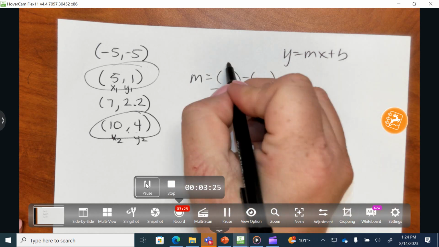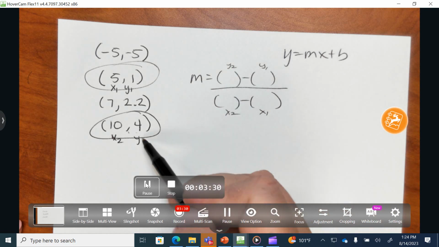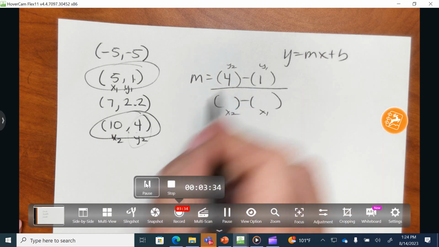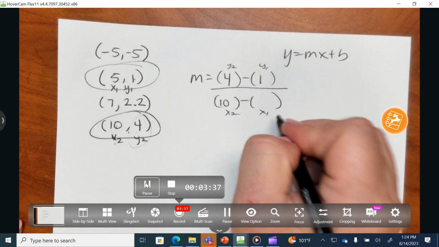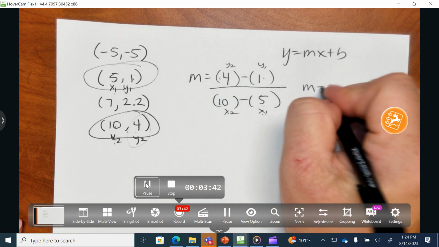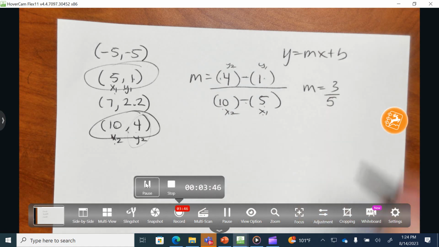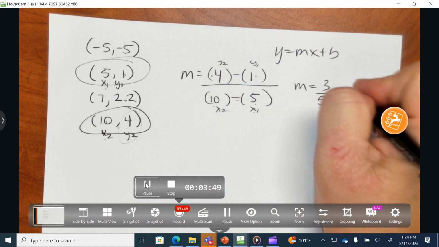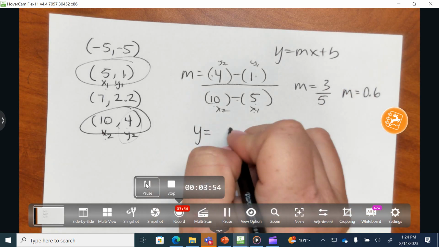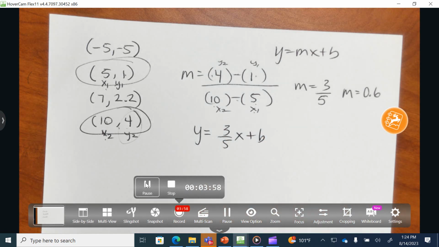Always y is on top, so this can be y2, y1, x2, x sub 1. Okay, so y sub 2 is 4, y sub 1 is 1. X sub 2 is 10, x sub 1 is 5. 4 subtract 1 is 3, 10 subtract 5 is 5. And whether you leave it in this form that can't be reduced or you prefer to use a decimal, it's completely up to you. So if y equals 3/5 x plus b,